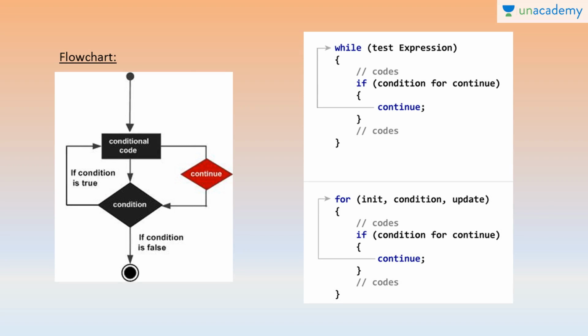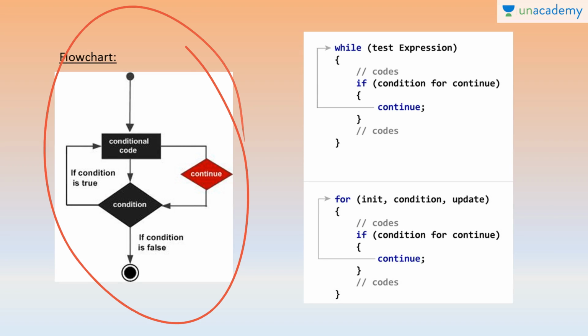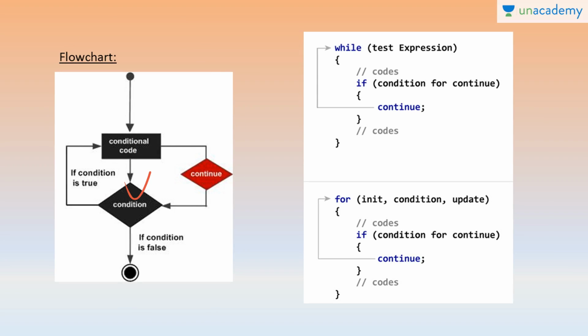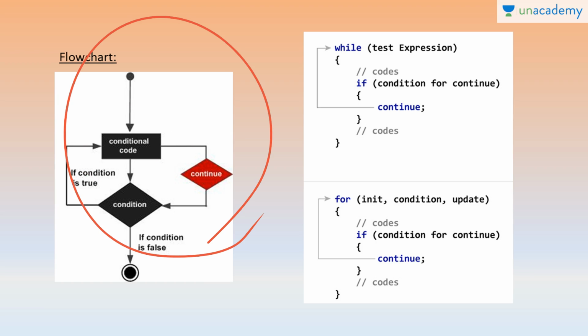This is the flowchart for the continue statement. See, the condition is being checked for true or false. If the condition is true, it goes back to executing the conditional code or statements. If the condition is false, it goes to the next statement following the loop. So if the continue statement is encountered inside the conditional code or statement, then it just skips the remaining part and goes back to checking the condition, and next the other process and the following steps will be continued.